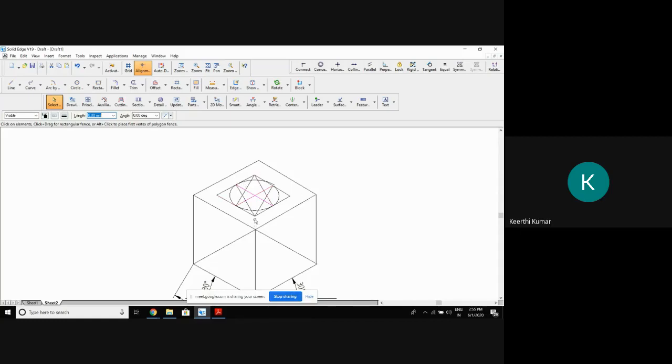Can you observe? Okay. Draw the parallel to the outer box. That means, as earlier you found the center, in the same way you find the center here also. Then from this intersection, you raise the height. What is the height of the cone? Yes, the height of the cone is 40. So 40 into 0.8164. From the center, I draw the vertical line. The length of the line should be 40 into 0.8164.